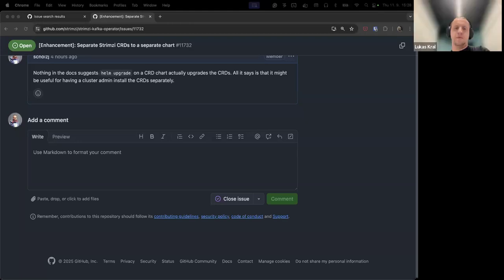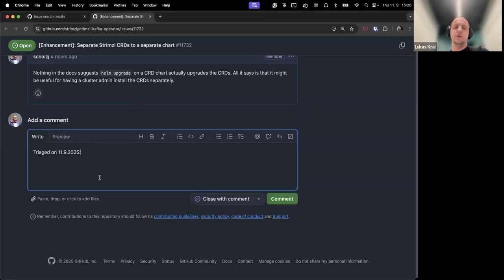Yeah, for me it would be beneficial if the Helm upgrade also upgraded the CRDs, and then you would not have to use kubectl anyway. But if that's not the case, I guess it doesn't make sense to have it now.